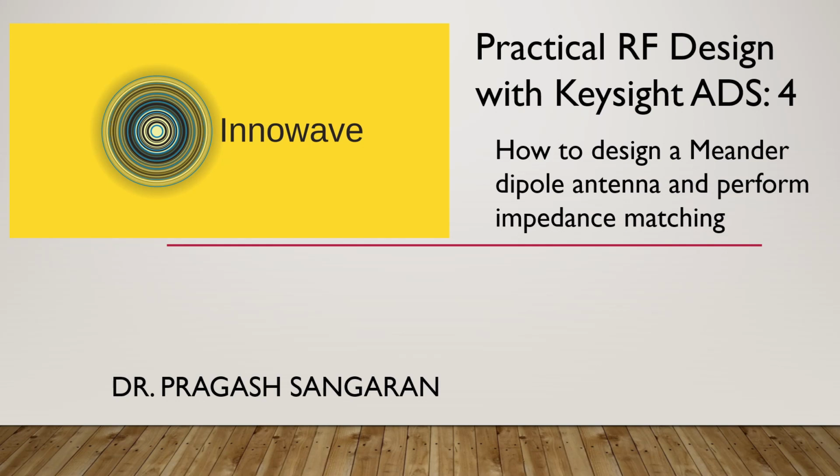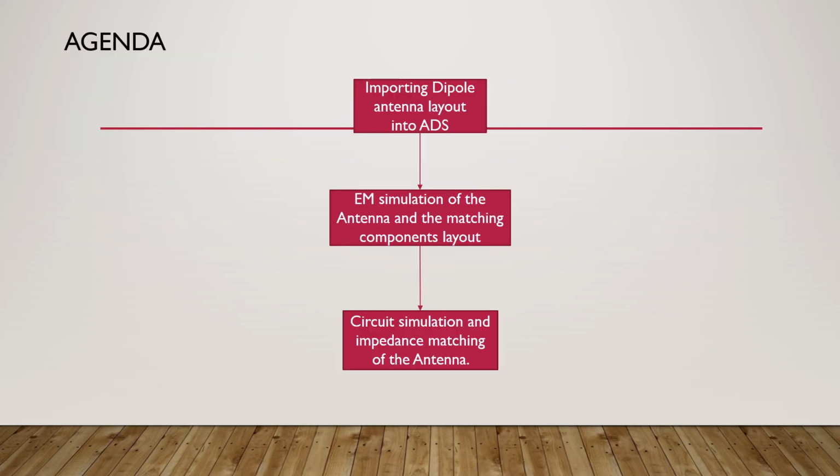In this tutorial, we will be solving practical design problems faced by RF and embedded system engineers. This is tutorial series number 4, and today we're going to talk on how to design a meander dipole antenna and perform impedance matching. We're going to start our presentation by explaining how to import dipole antenna layout into ADS